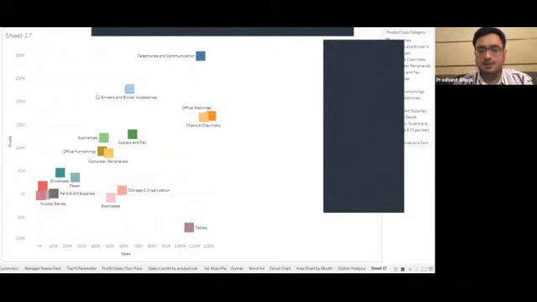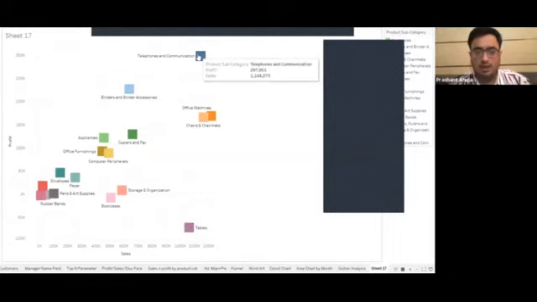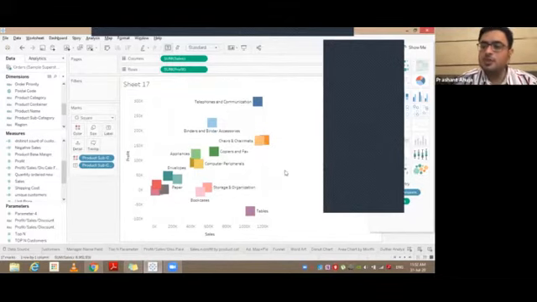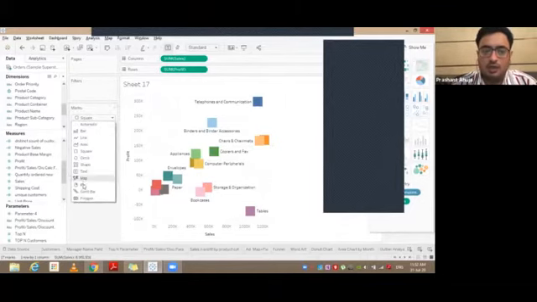This gives you the right visualization that tables need to be discontinued, or even if not discontinued, at least brought to the notice of the top management, and telephones and communication should be focused more. So these scatter plot charts, one of the basic 3D charts, would help you identify the best selling categories, and probably some of the categories we need to focus our attention on a little more.